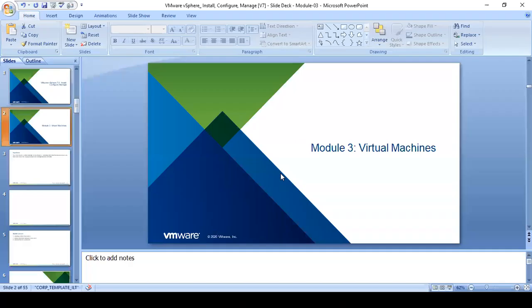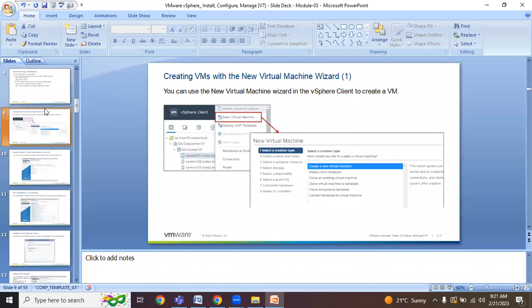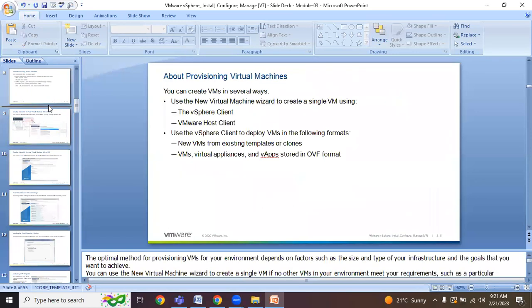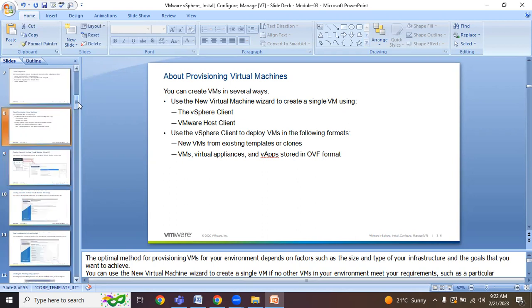Any doubt? Yes, sir, one question. We import or export the VM using the vApp, right? It will create a VM, and in the same way a template also creates a VM. So what is the major difference, primarily, between them? Cloning also we can do, but